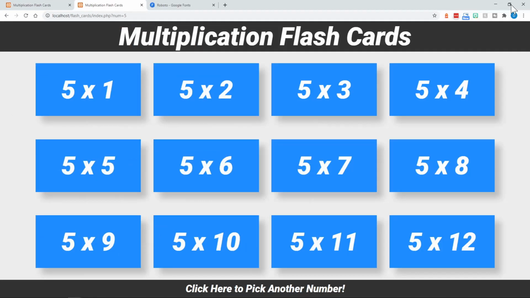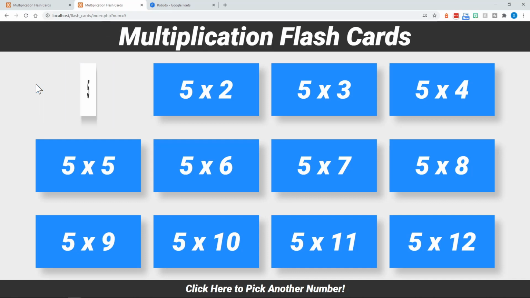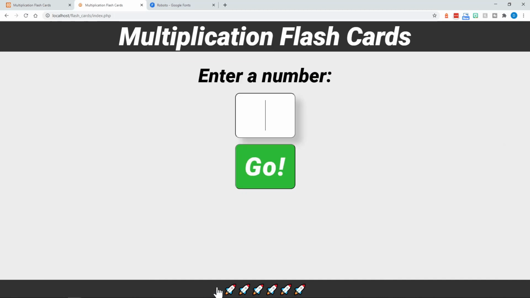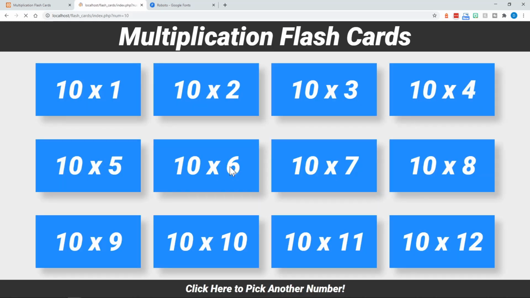So we'll expand this, and we can even reload, because when you reload, you still have the GET parameter in the address. So the only way to load the page now without a parameter in the address is to click the header or the footer where it tells you to, and it will come back, and now there is no parameter here at all. And you can just enter in another number,